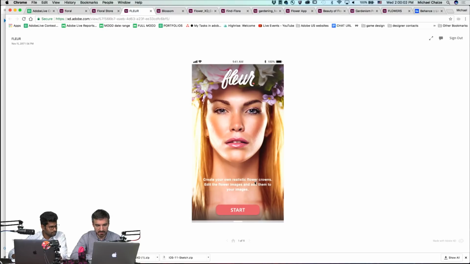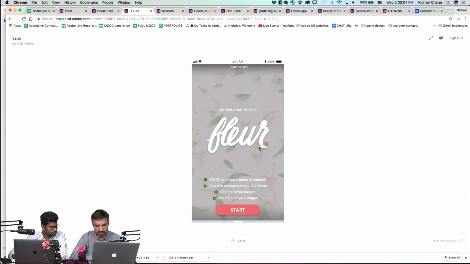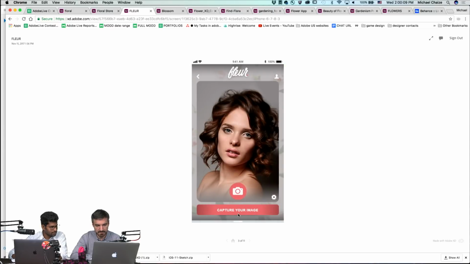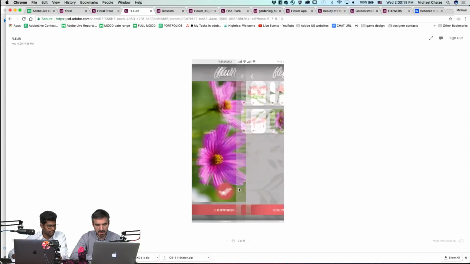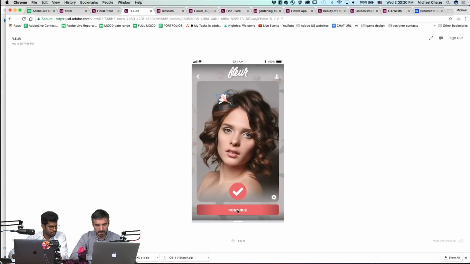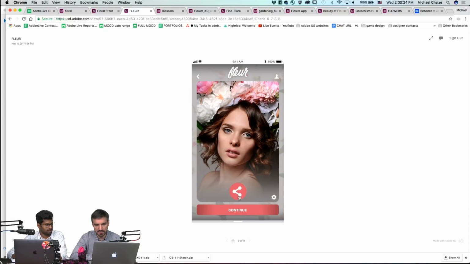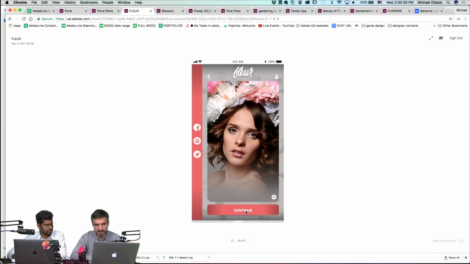And there is Fleur. Create your own realistic flower crowns. To create a crown, I see. Welcome to Fleur. Nice. Capture your image. You take a selfie. You want to add some flowers. So I want this one. And you can place it directly on you, and you can share it with your friends